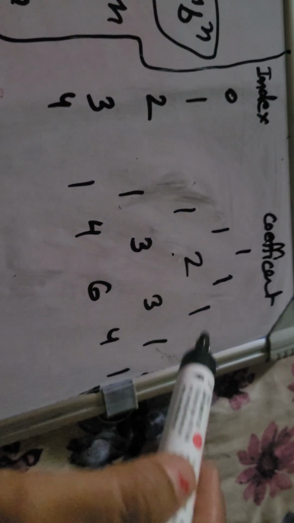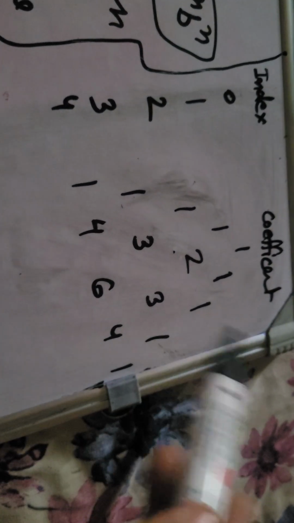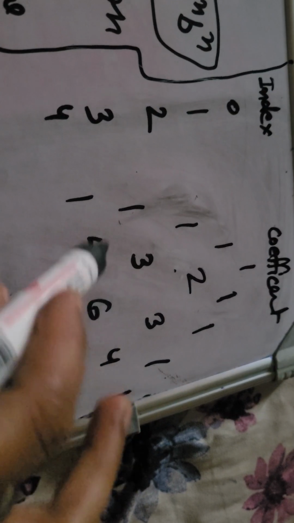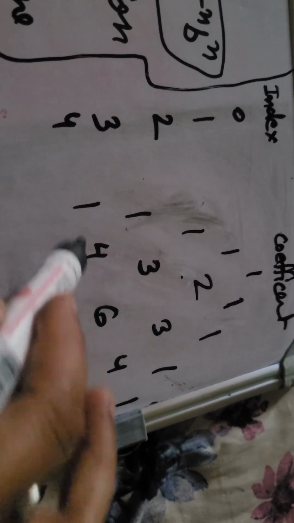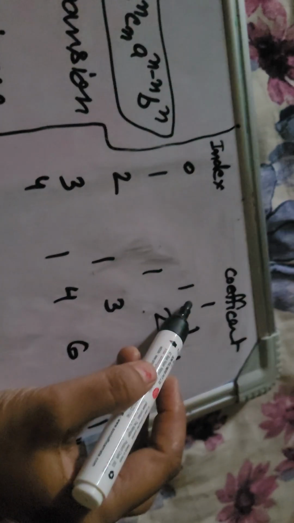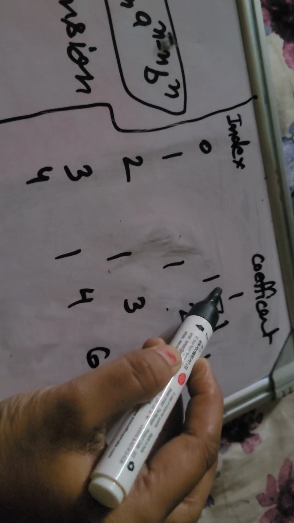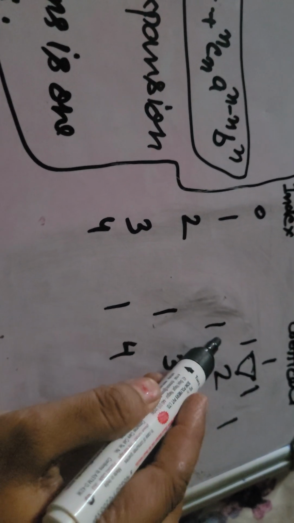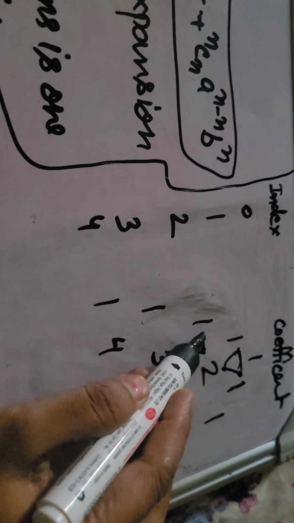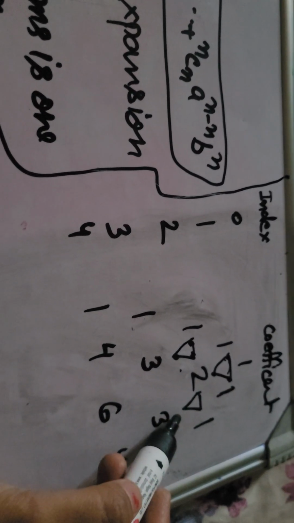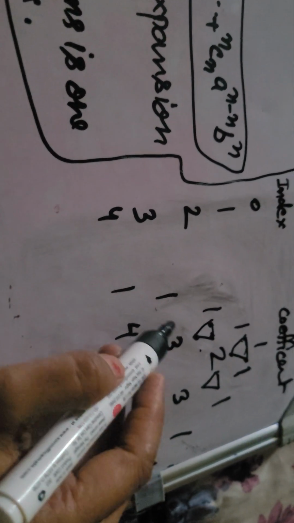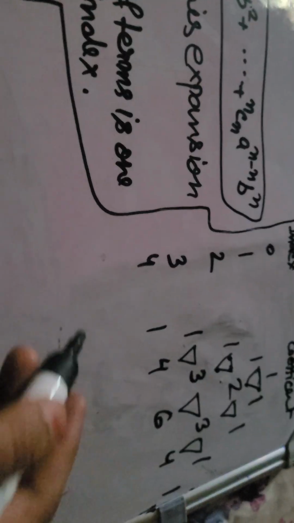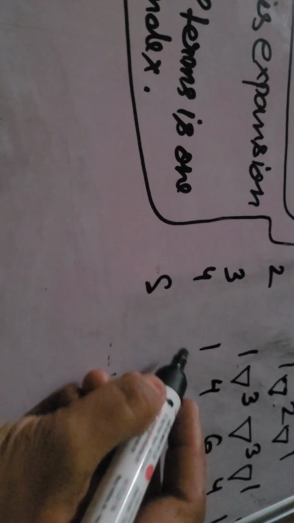And now arrange these in sliding lines, all the numbers 1, 3, 3, 1, 1, 4, 1. Here I notice something. Here we make a triangle. You see 1 and 1 is equal to 2, and 2 and 1 is equal to 3. 3 and 1 is 4. 3 and 3 is 6. Now we find the next term like that.